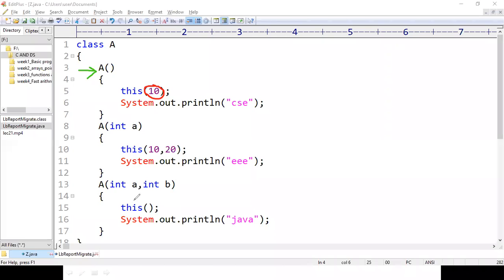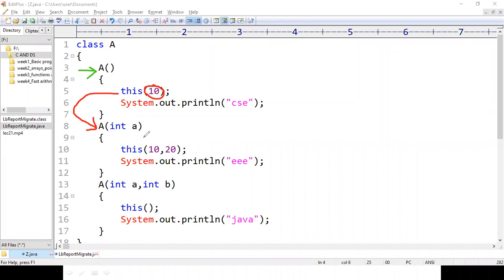If you observe the remaining part of the program, there are two constructors. One constructor will take one integer value and the other constructor will take two integer values. So immediately the control will shift to the next constructor, which takes one integer parameter. The compiler will start executing this one.